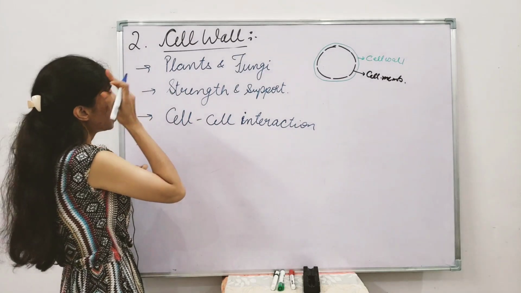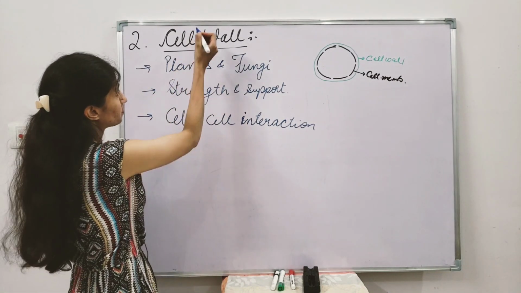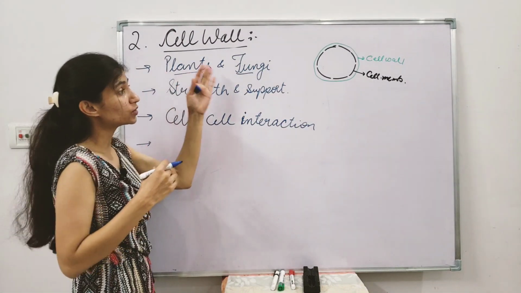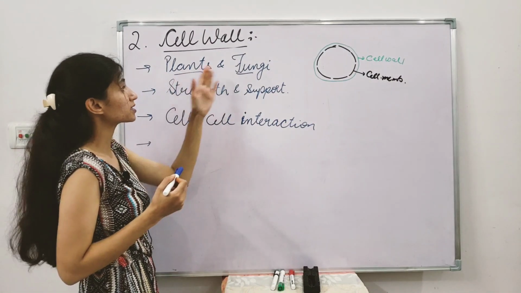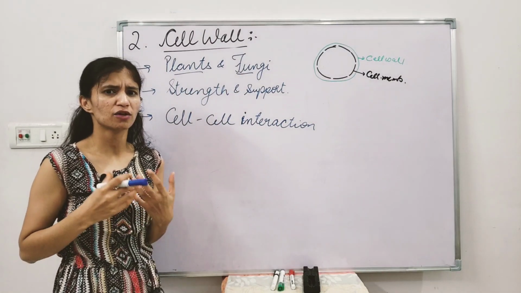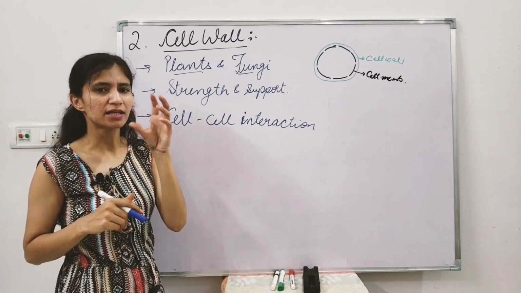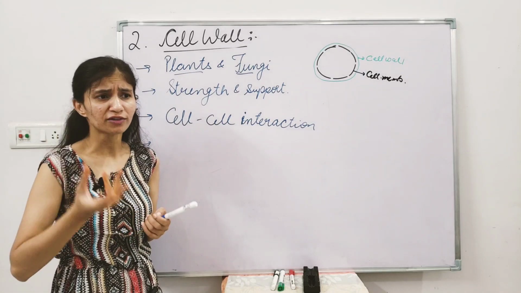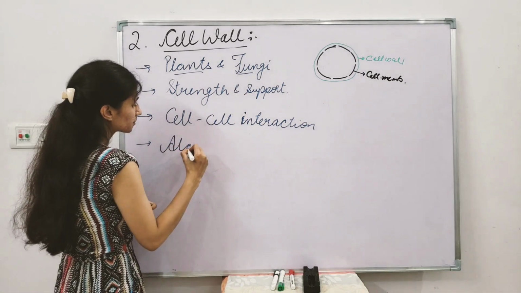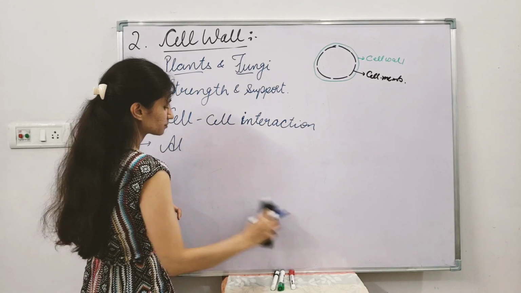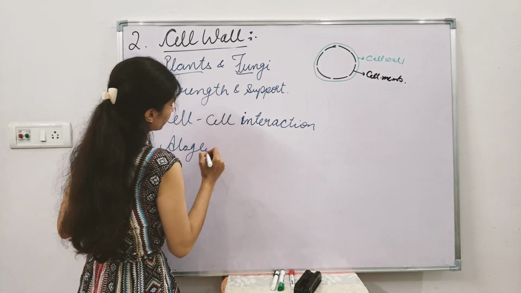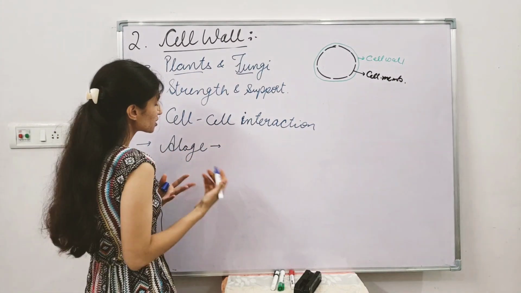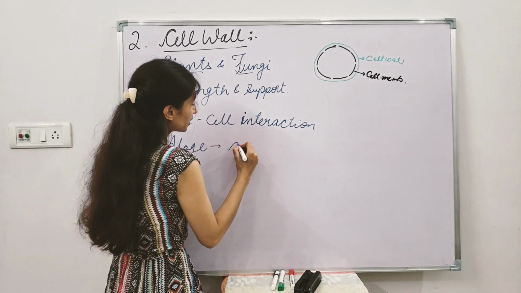Now, as I told you, plants and fungi both have a cell wall, but is the structure of the cell wall similar in plants and fungi? Definitely not. If you look at the structure of fungus, you will see that it is quite soft, and even the algae is a soft kind of thing. When I talk about algae, the cell wall is made up of four or five things. If I write them over here, it is cellulose,